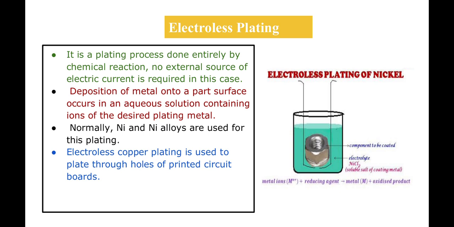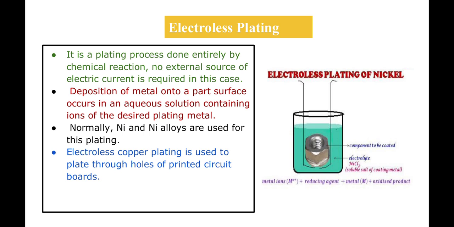the reaction. Normally nickel and nickel alloys are used for this plating, and it is costlier as compared to other similar methods. Nickel plating by this method is used to get high resistance to corrosion and wear. Electroless copper plating is used to plate through holes of the PCB. Look here, I have shown the process of electroless plating, how we can go for the plating of nickel onto that